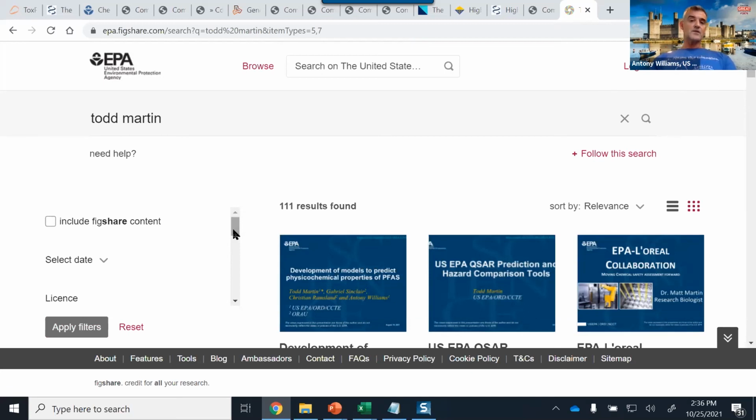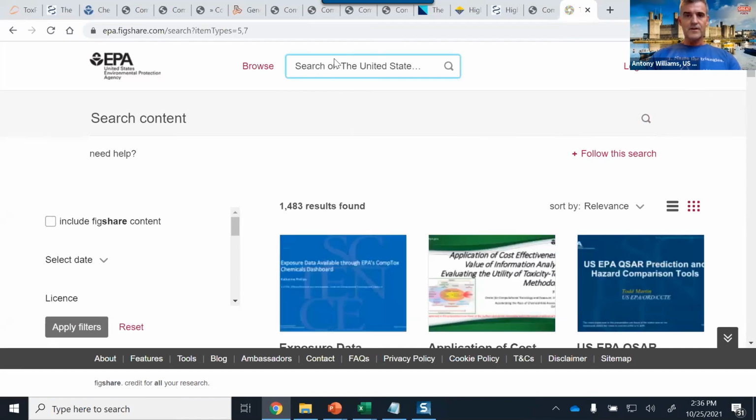You can also get directly to just data sets. So for example, if you want to find in vitro data,